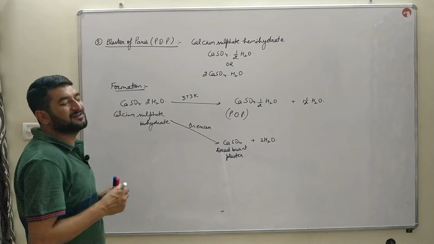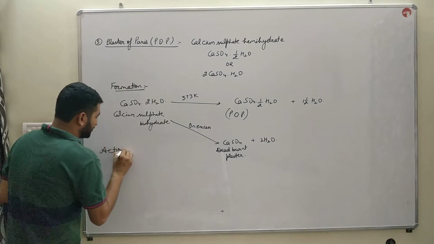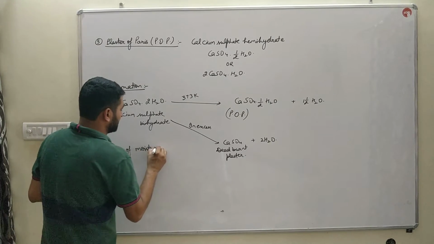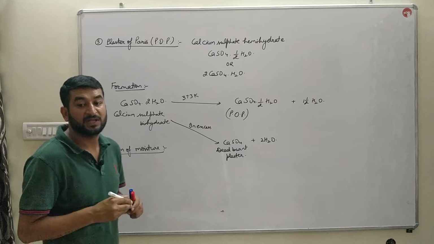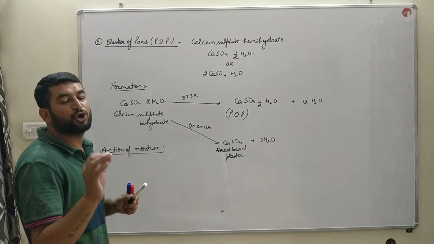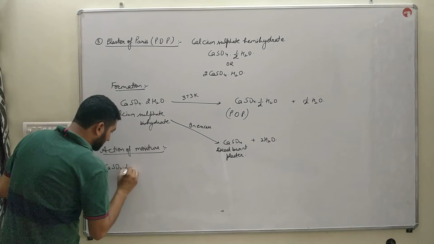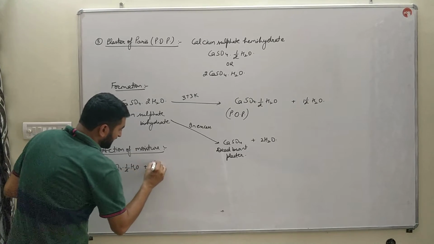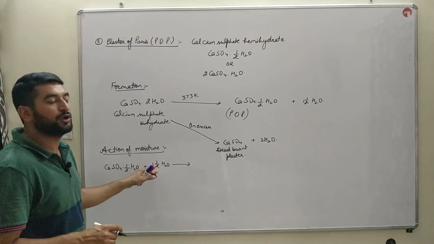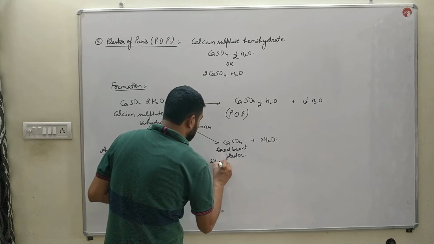POP is a white colored powdered substance which is stored in moisture proof containers, and it is a very important NCERT question. Why is plaster of Paris stored in moisture proof containers? Because when this POP is exposed to moisture, then it absorbs 1.5 molecules of water and sets itself into a hard mass by